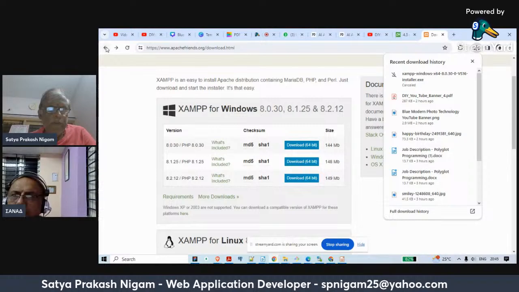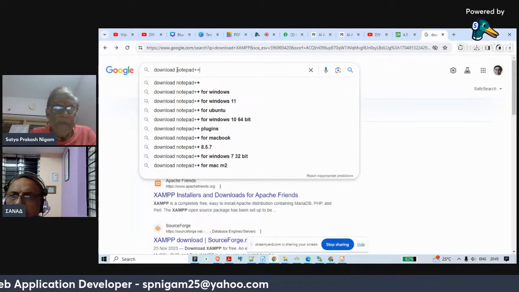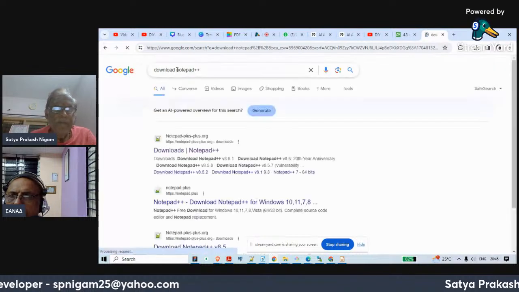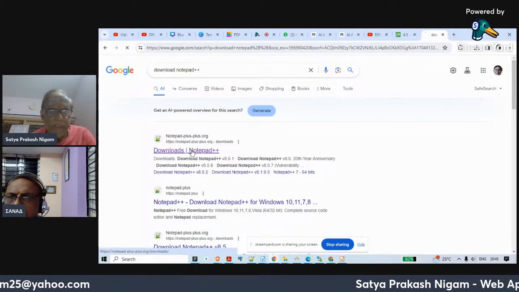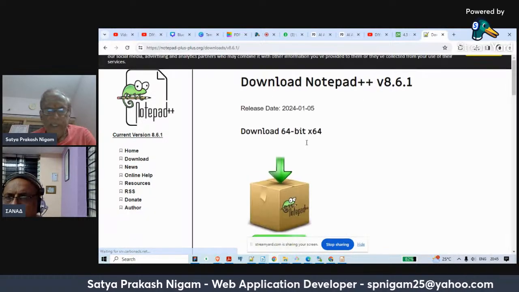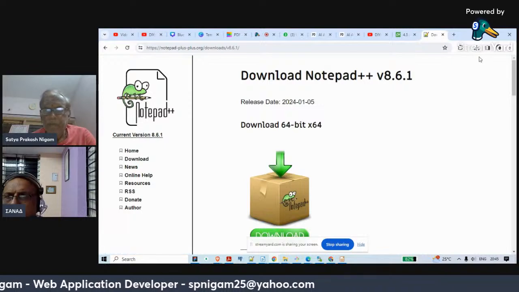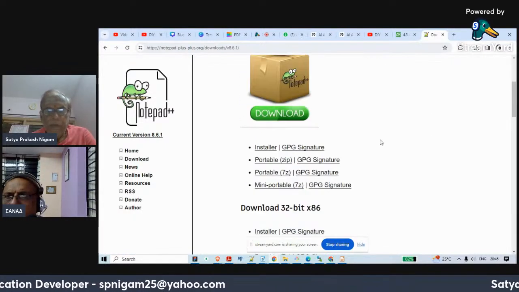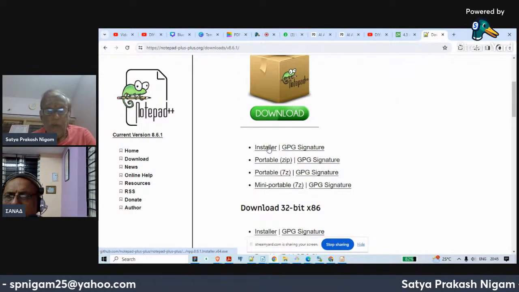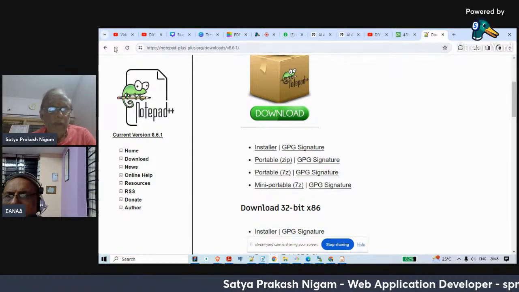Similarly, we can download Notepad plus plus here. I simply type download Notepad plus plus, and this will be my landing page. The topmost is the latest version, so I can click here to download it. It will start downloading, and this is the download installer. The third thing which we are going to download is